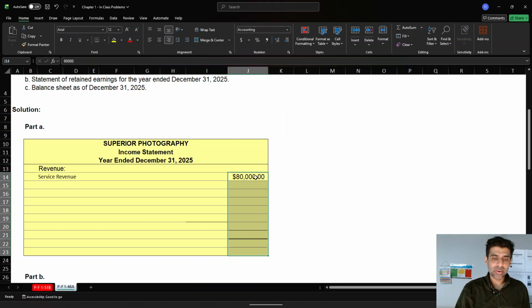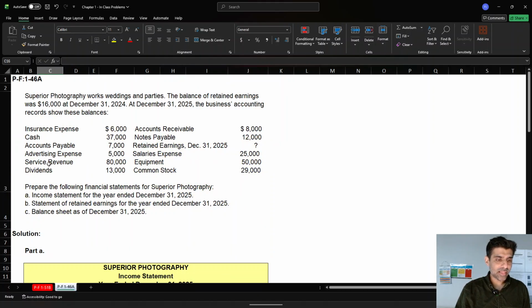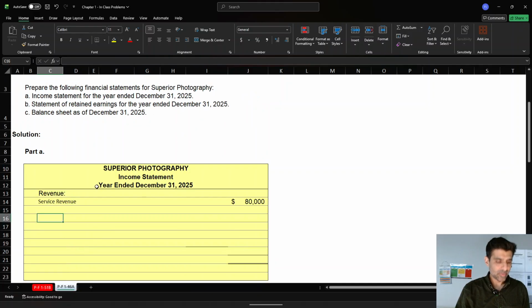And then I personally don't like to see the decimal points. So if you go to this little button here, you can click that and it gets rid of those decimal points. Okay. And I can just see that it's the only revenue. There's no other revenue. I can quickly go through all these other accounts. There's no other revenue accounts. So that's it. So now if I have my expenses,